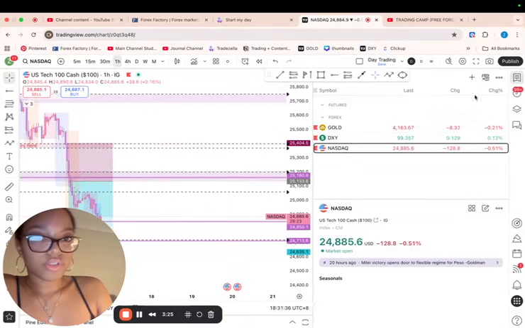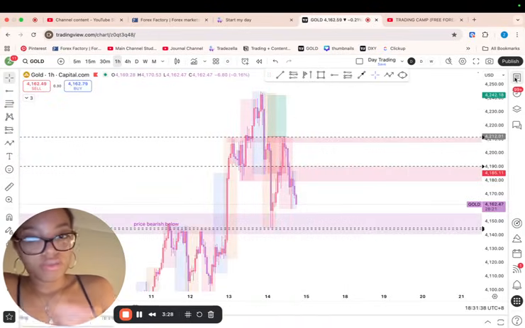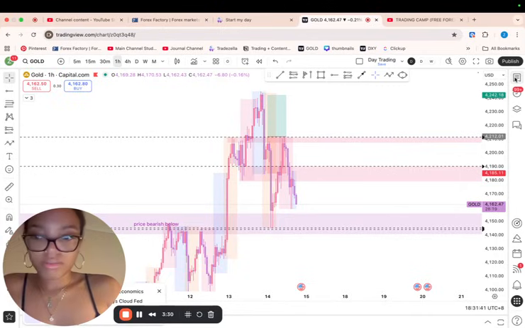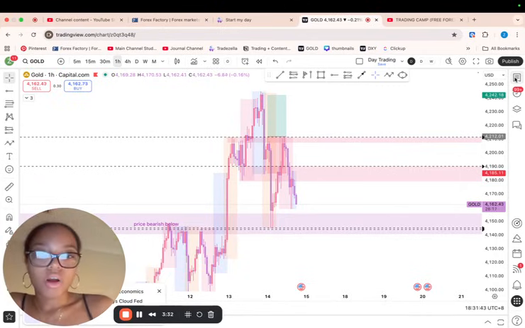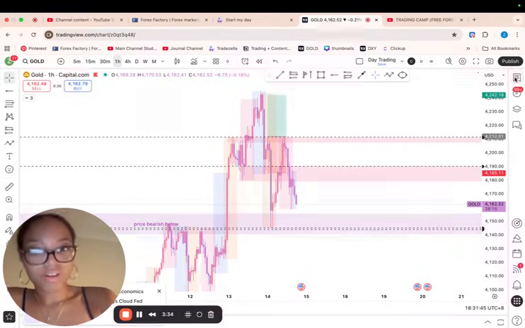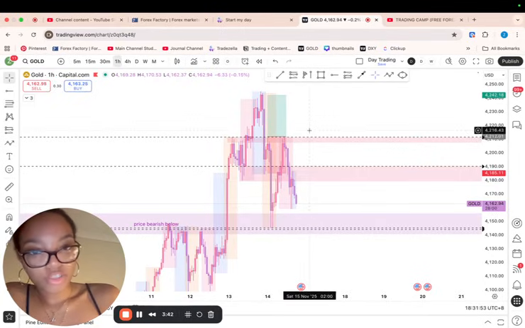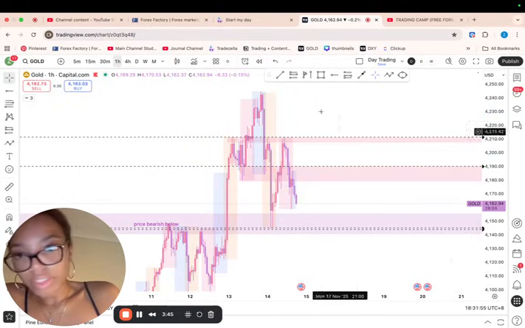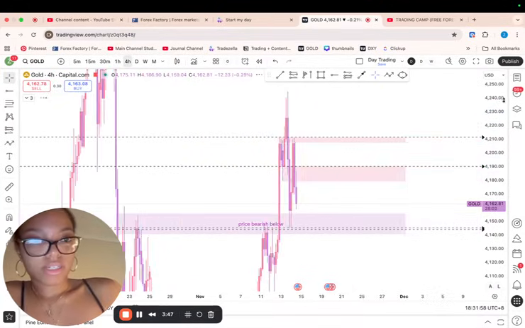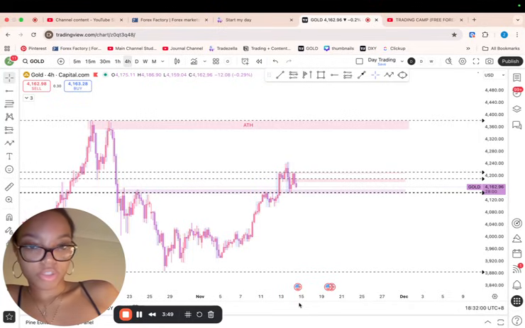let's go to gold, because really on NASDAQ, we just want to see the one trade that I have play out. On gold, we missed this move. I didn't take an entry on this move. It never ended up hitting my entry and getting a candle close, so I didn't trade. Obviously, we're going down, which is cool, but now what are we looking for? That's what I want to find out, because I'm not 100% sure.